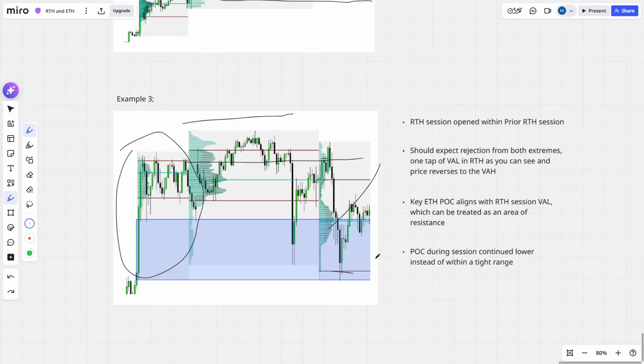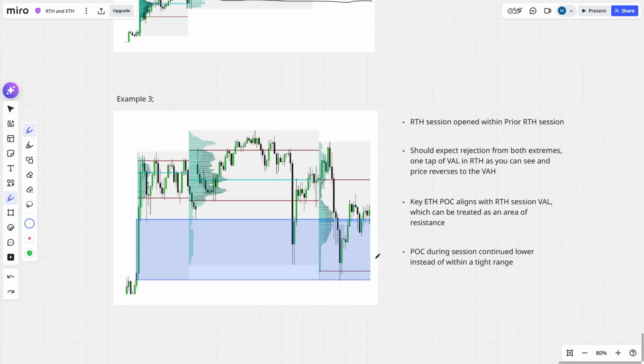Because me personally, I have been testing it quite a lot recently, and I could never actually gauge a proper way in how to anchor this. There's lots of different things online. People say that you can anchor it just from the areas of consolidation. But as a general consensus, I feel like this works very well.